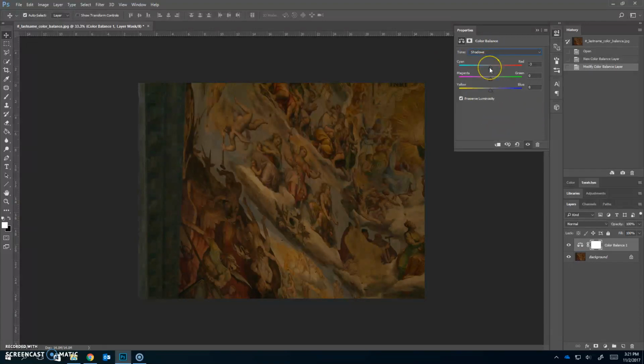So I'm going to reduce this again just a little bit. I'm going to reduce the green just a little bit, and I'm going to add just a little bit of blue. So it's already looking better. The last one I'm going to do is the highlights,